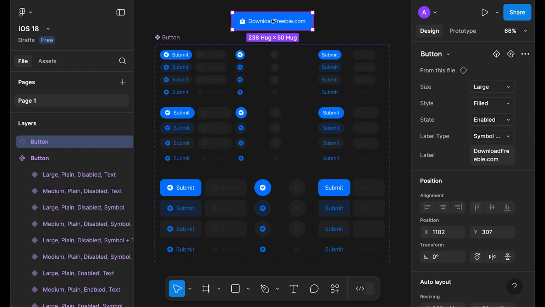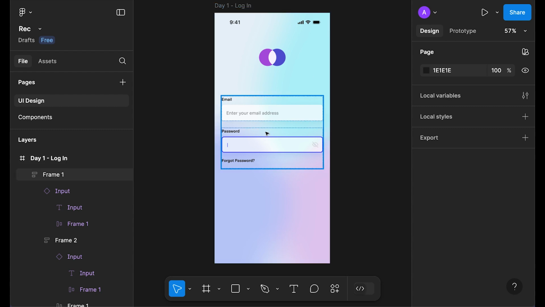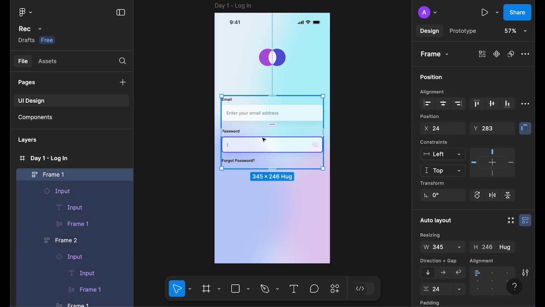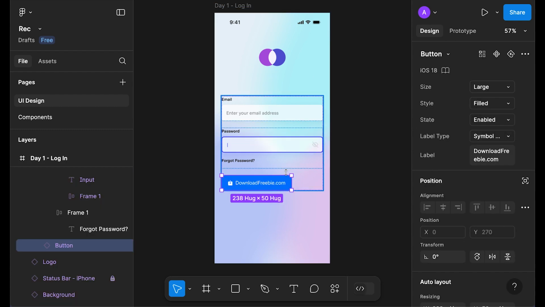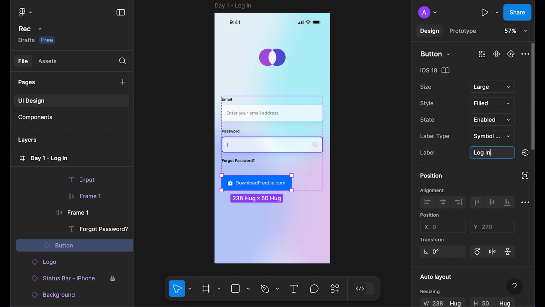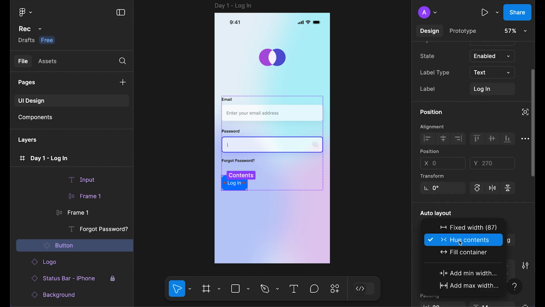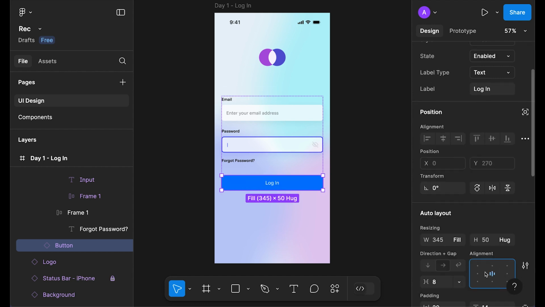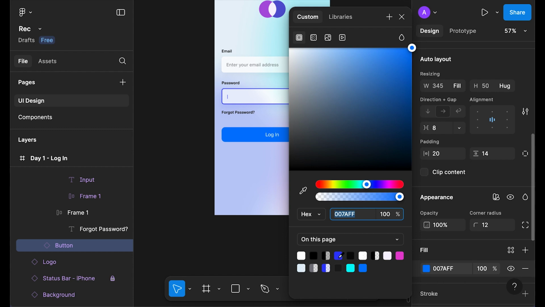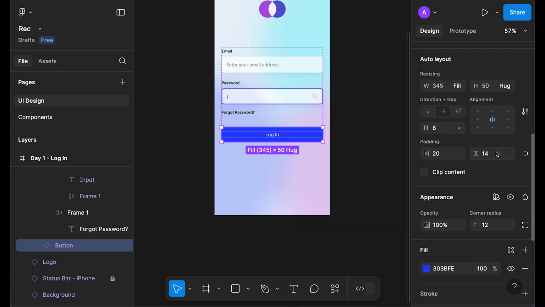Simply I will select the button, copy and paste it in my design, and let's modify it. So just copy, paste, and as we can see here is our button. Okay, so let's quickly change the text. The text will be log in, and for the style we need only text, and also instead of hug we will use fill container and center line. Also unlink the color, and for the color we will use the dark blue for now,